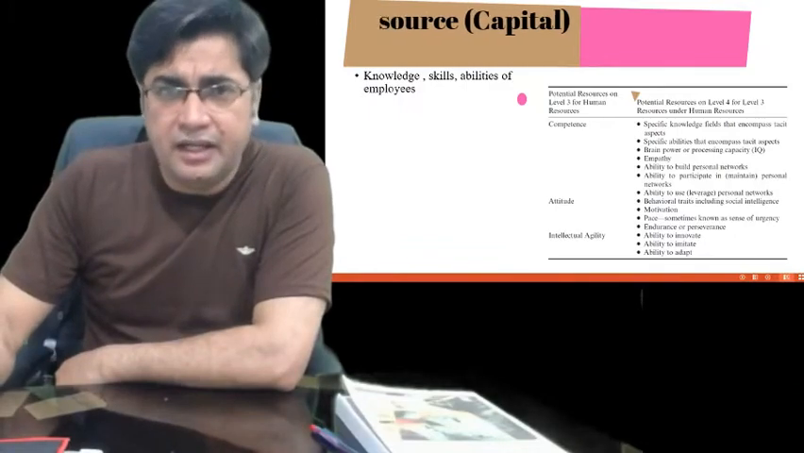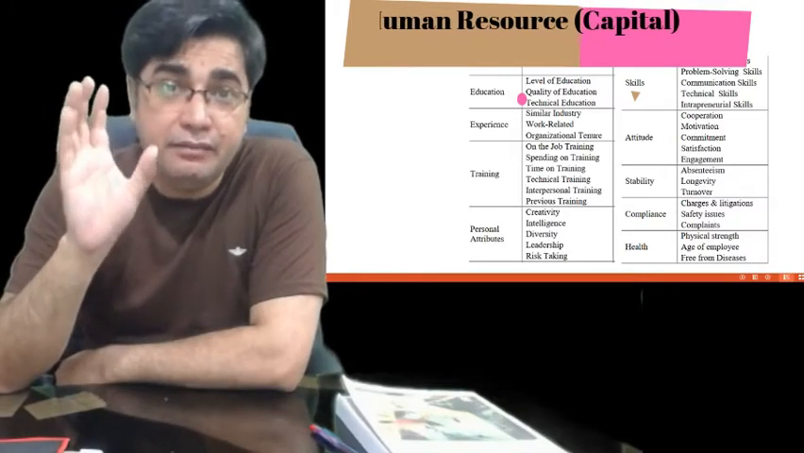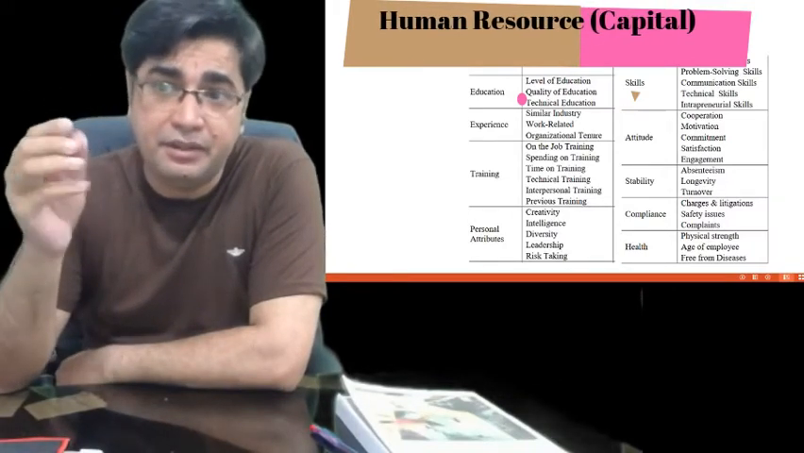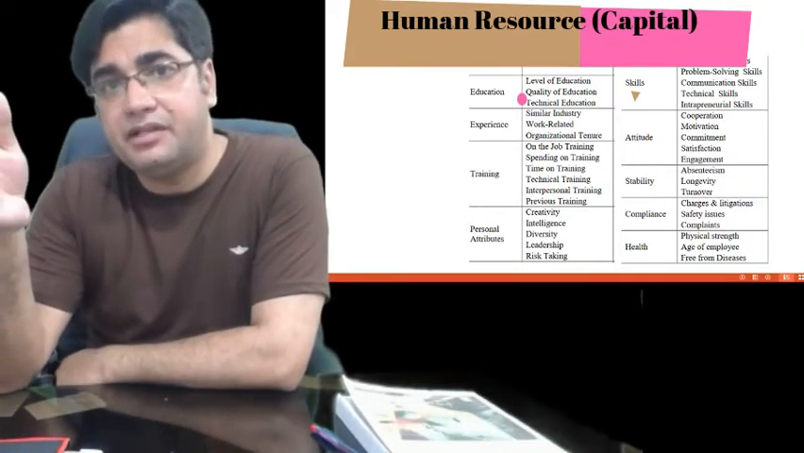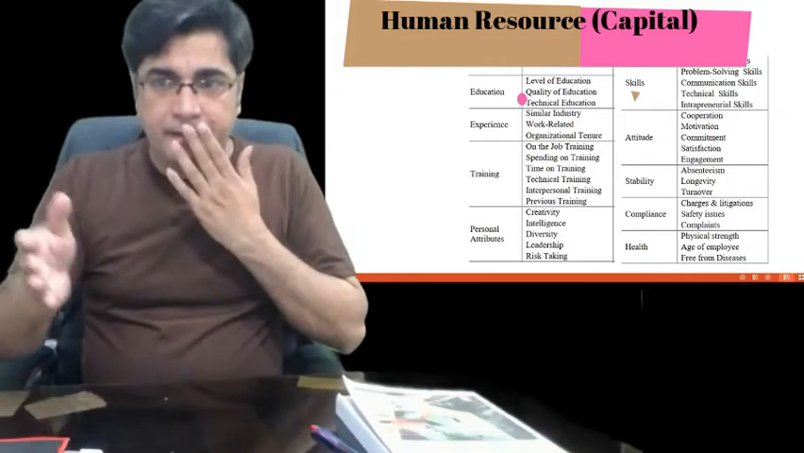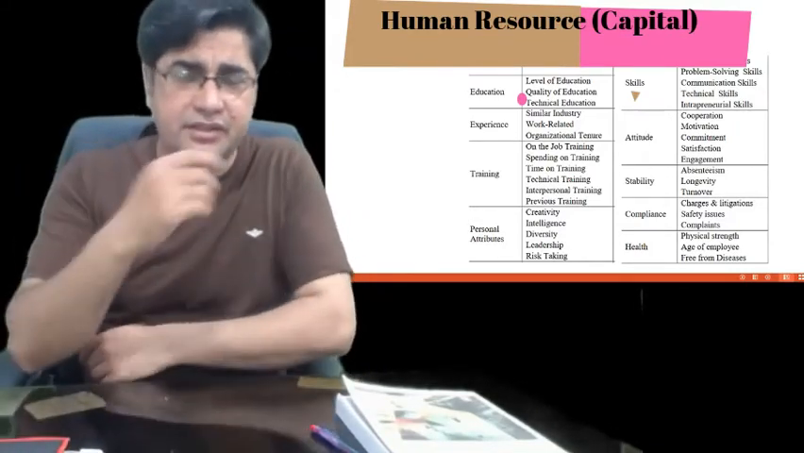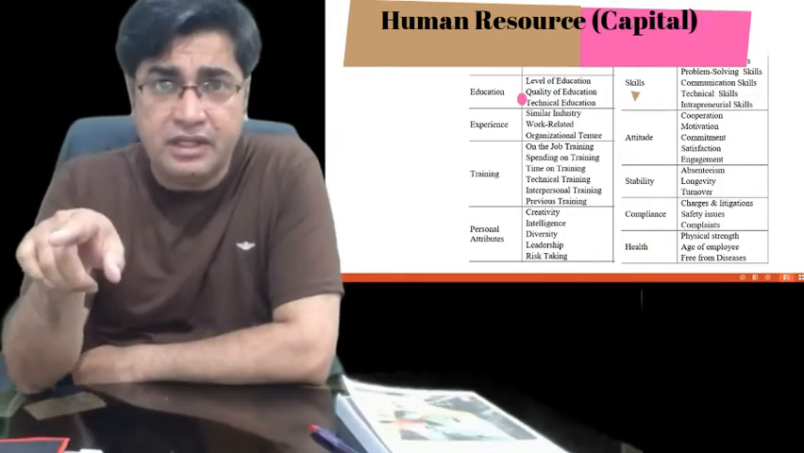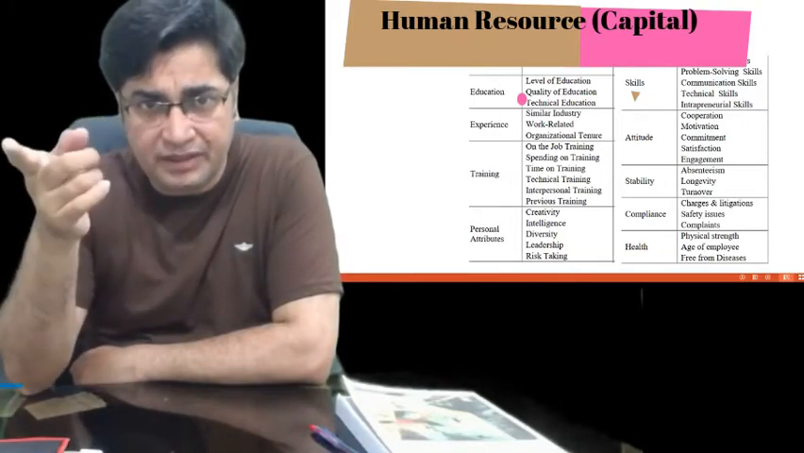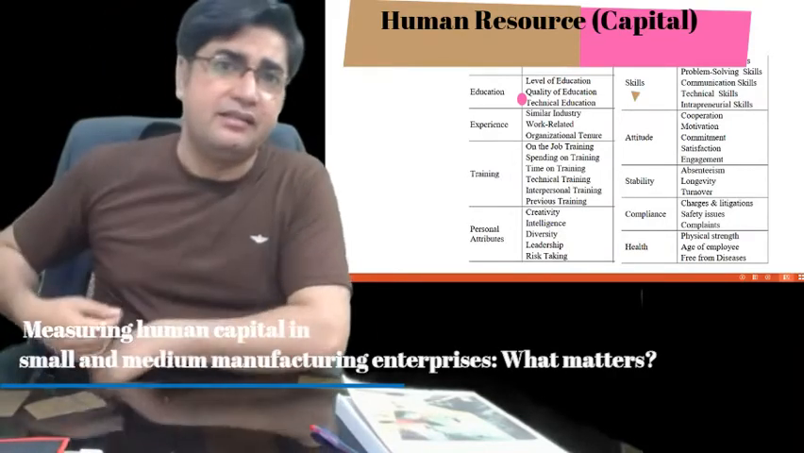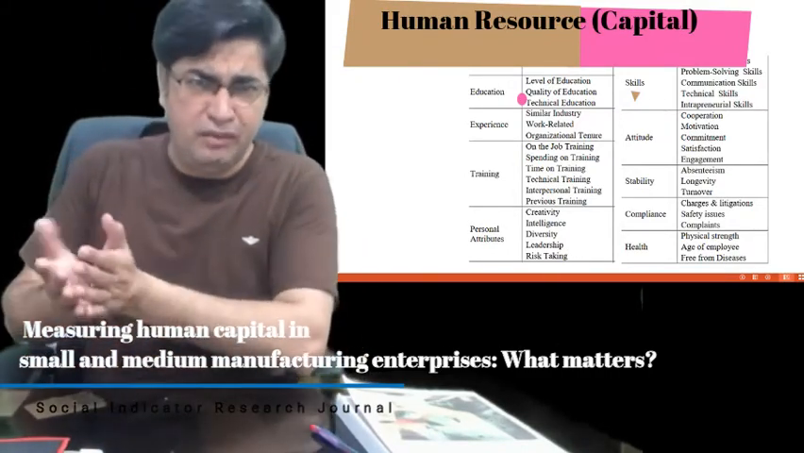So I noted that there are 9 major dimensions of human capital, and they have 36 sub dimensions, right? We identified this through proper scientific inquiry, and the paper which I am going to share with you, you can download from the link given in this YouTube video. That paper has been published in a social indicator journal, titled Human Capital Development for SMEs,